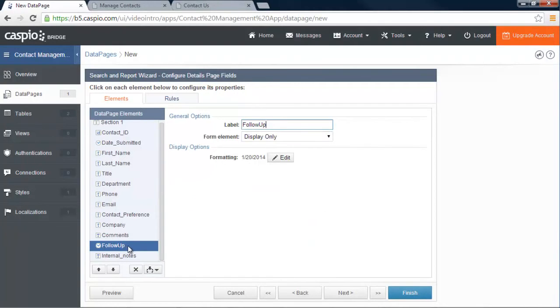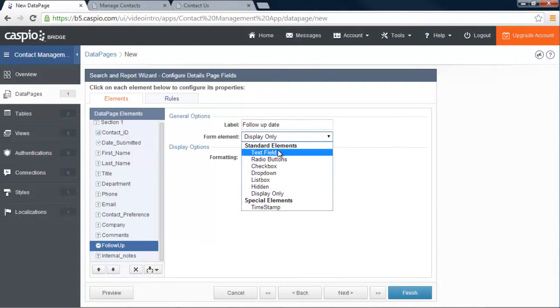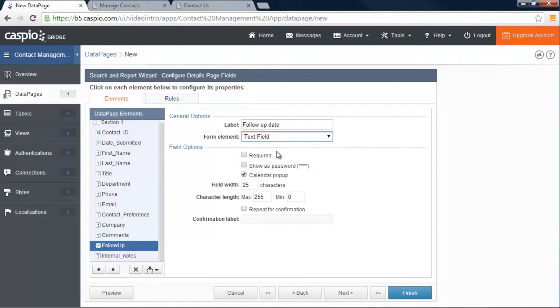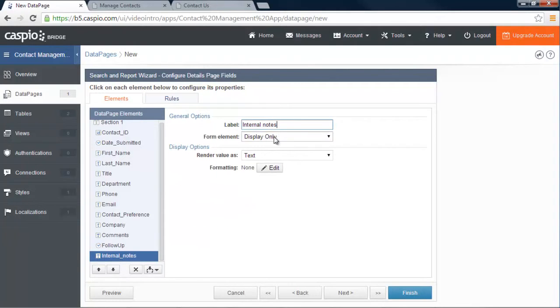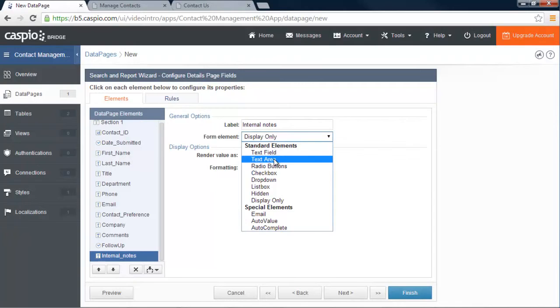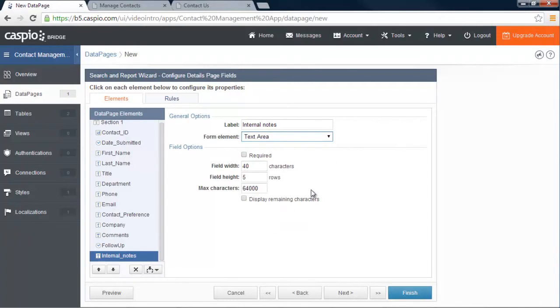The follow-up. Let's change the label inside this field to follow-up date, and let's have that be a text field. And notice that Caspio gives you the ability to have a little calendar pop-up. It's going to be a small icon next to that field. Underneath follow-up, for internal notes, instead of display only, I'd like to have this be a text area so that I can type in more information regarding this contact if I'd like. Click Finish